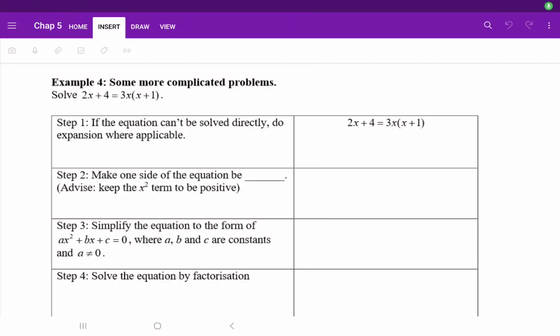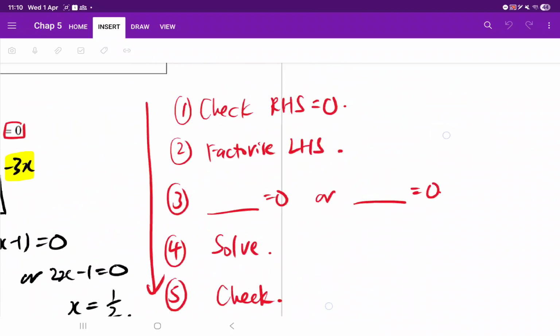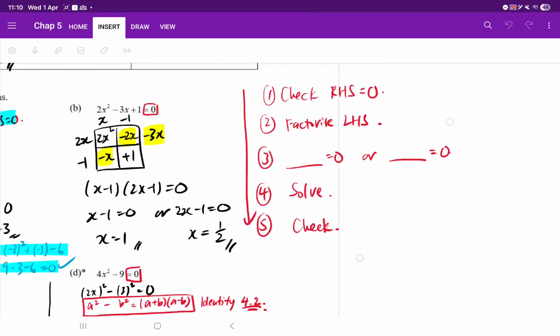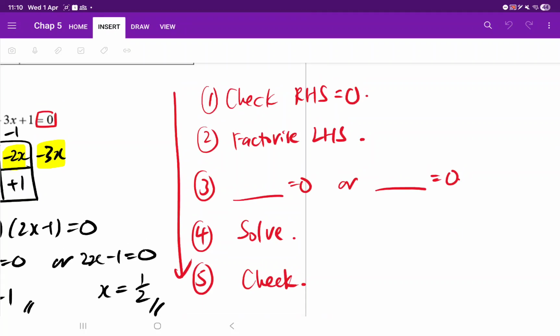Before I start teaching today, let's do a quick recap. I wrote it down here. I think this is page 3. Okay, I wrote it on the OneNote that generally